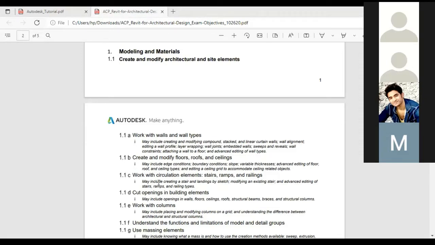Actually, there will be a model by default. So they ask you to go to some specified views. It can be a plan view, an elevation view, or a 3D view, a schedule view, a legend, whatever it is. Whichever view they are saying, we have to switch to that particular view. Then they say that in this particular portion, you have to select this particular wall. I'm giving an example for working with walls and wall types. Okay, so they ask you to select one particular wall, so you have to select it.